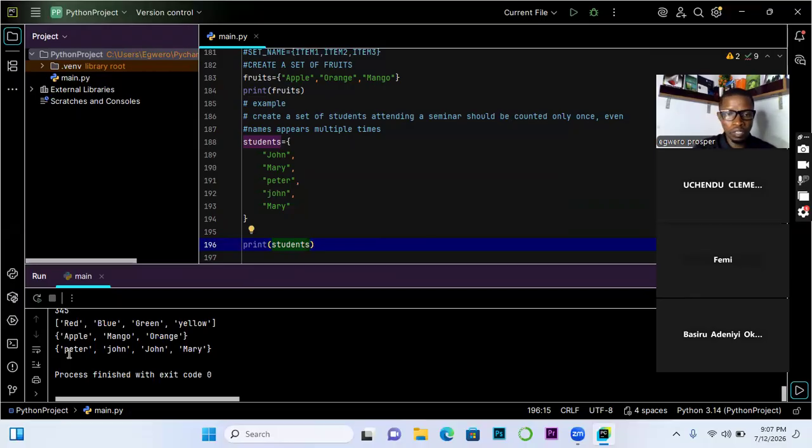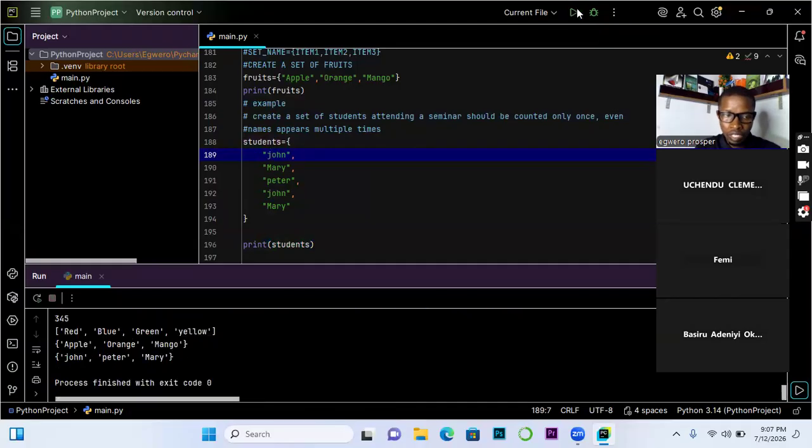Who can tell me what is happening here? Let me follow the same because it's case sensitive. This one is lowercase john. Let me print again. Can somebody unmute and tell us what has happened?